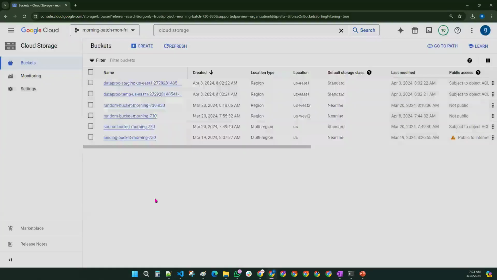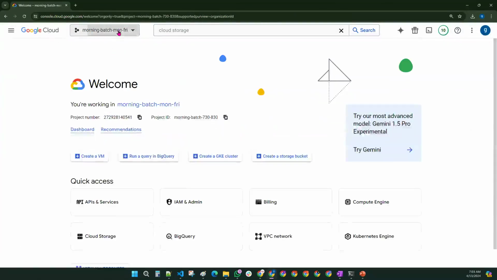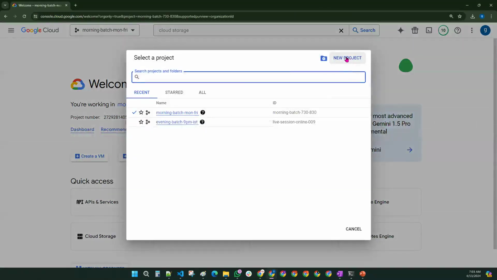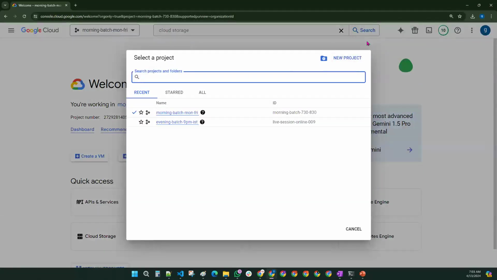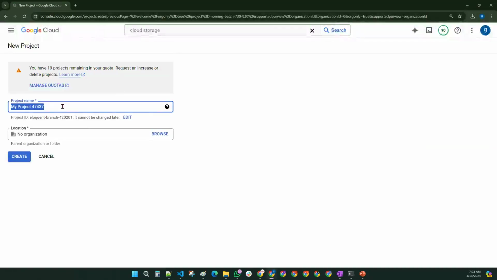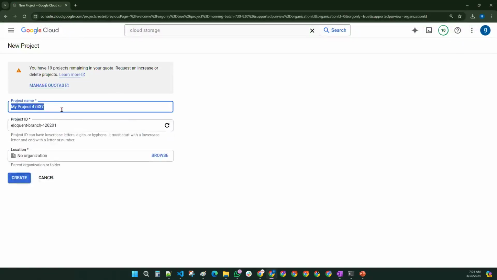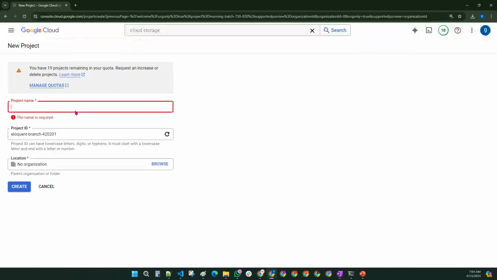Okay, let me create one more. Let us try to create one more project, guys, for our requirement. If you wanted to create a new project, you come to the project area. I told you already these steps. Come to the project area, click on this, click on new project. If you wanted to create any project, we need to provide the project name as well as project ID. So the project name is, we can give